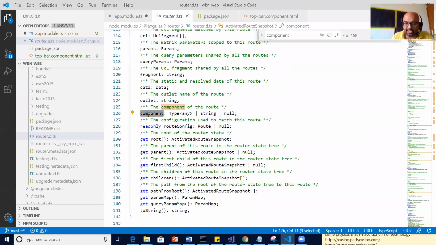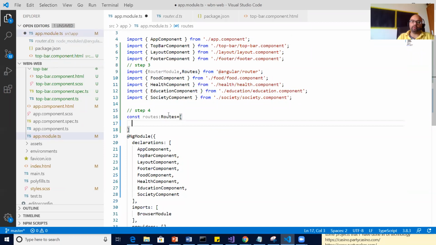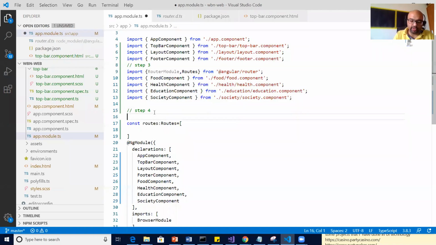So component, it expects component also. Let's use a few of these properties here for route mapping. So what we are doing in step 4 is route mapping.